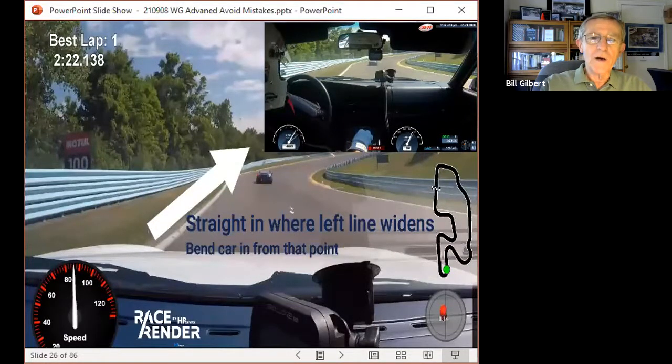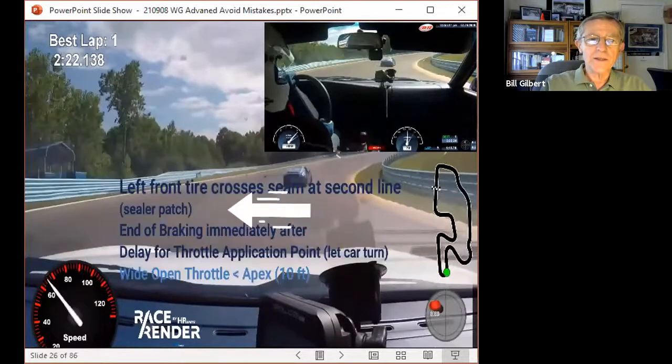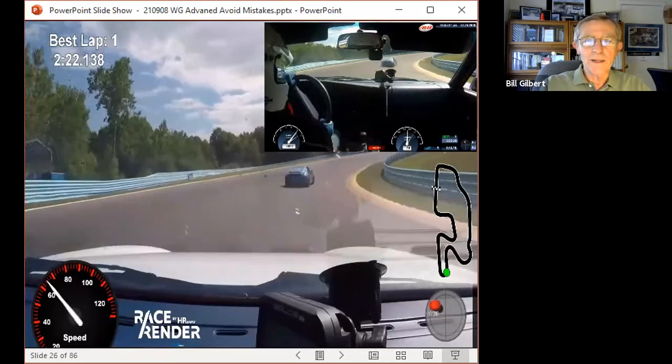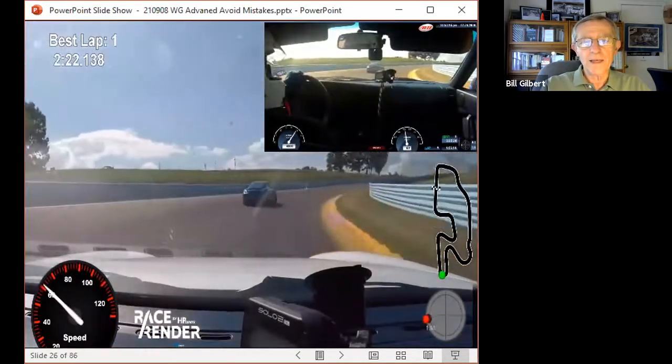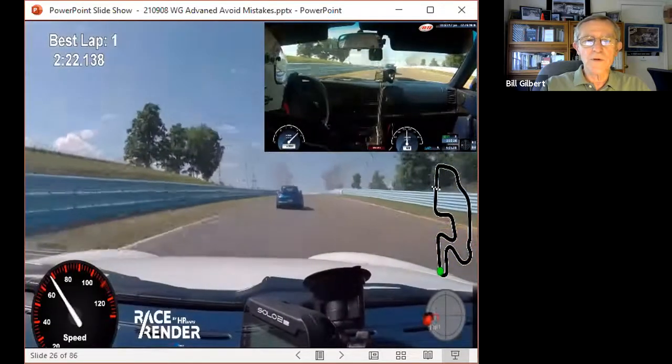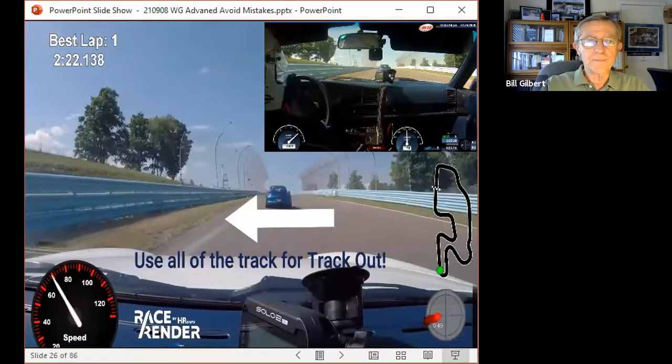You should be aware that there are sealer patches and seams that we can use. They are hard to see in the video here, and a lot of drivers don't see them at all, but they're easy to see. Reference points at the beginning of